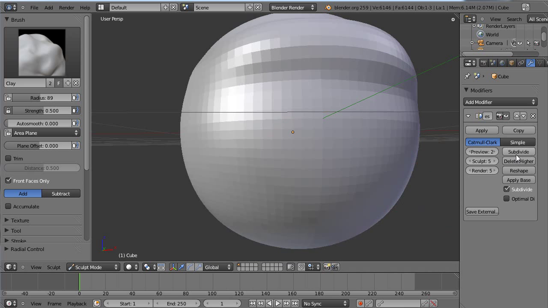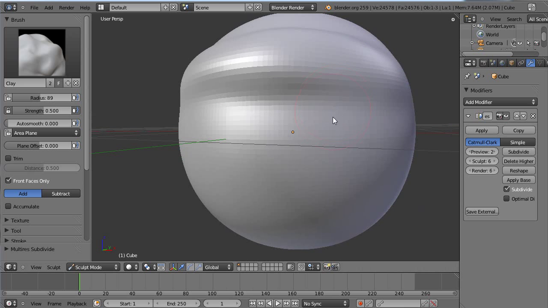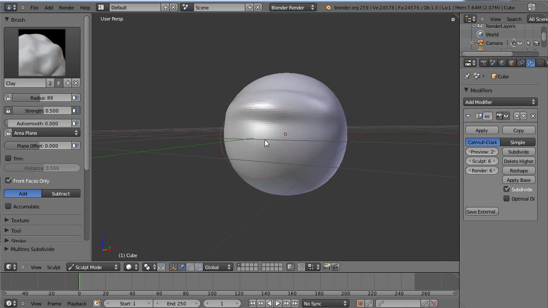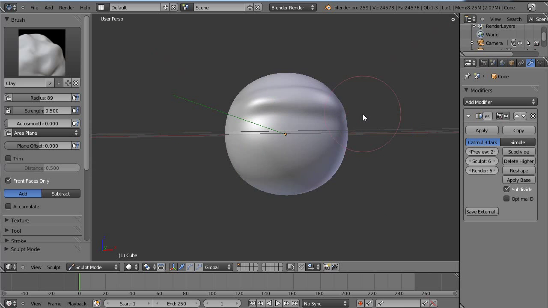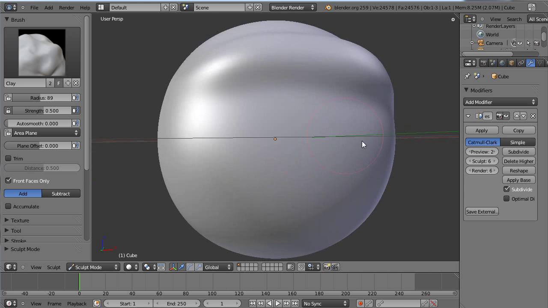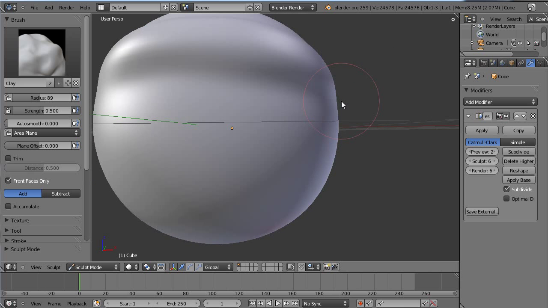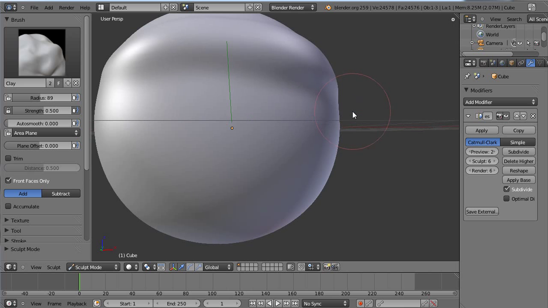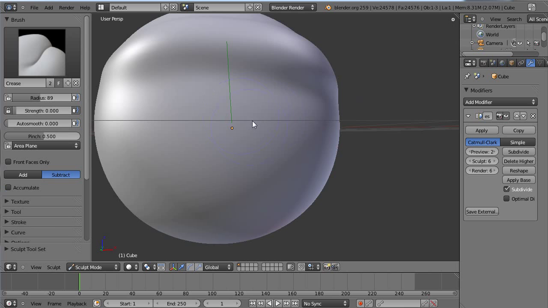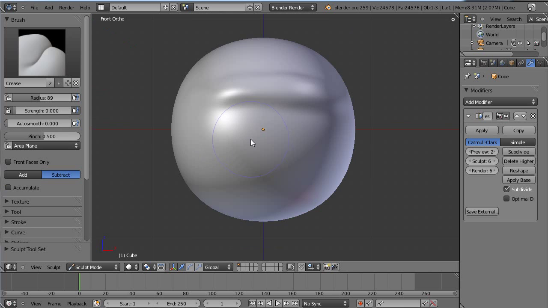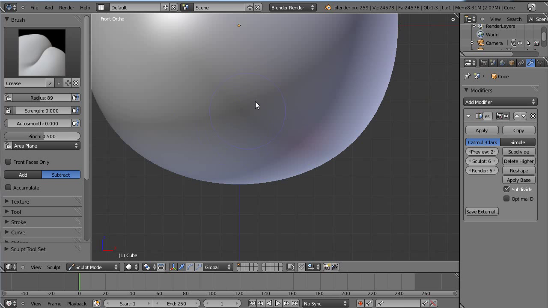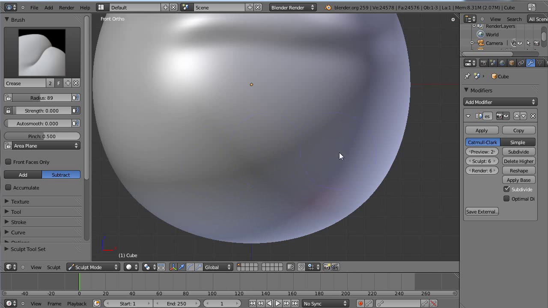And I'm going to subdivide that one more time, I think, and go into edit mode and press W, shade smooth. So now that it looks nice and smooth, which is the way I like it, I'm going to start off with the crease tool with Shift C, I think, and sculpt in the mouth around about here.